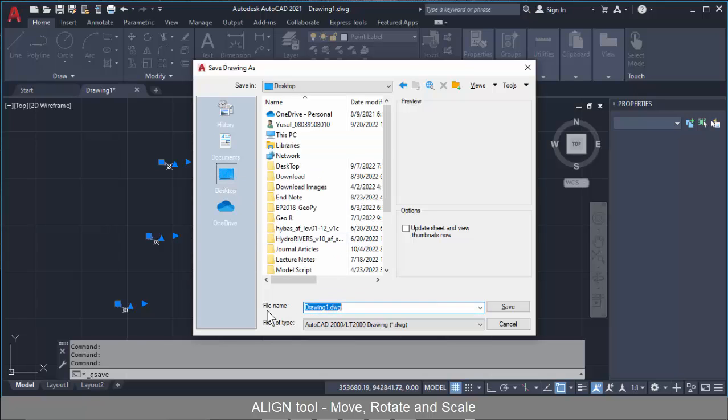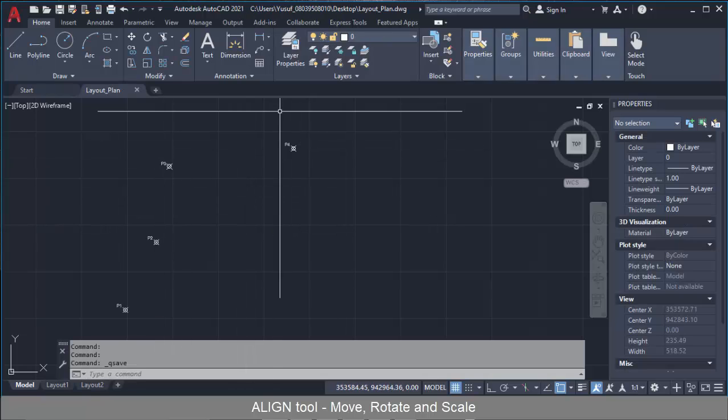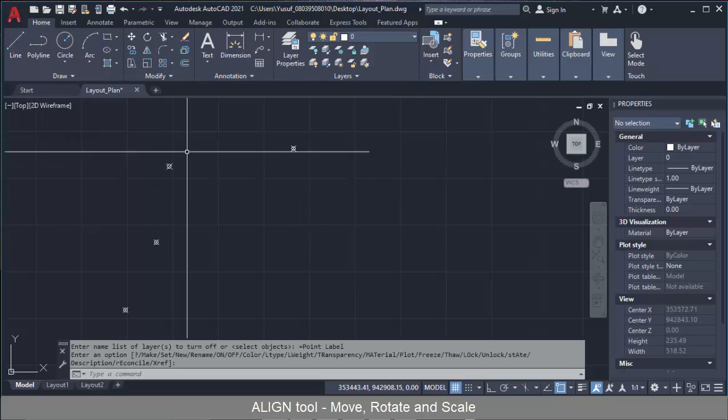So let me save my drawing. So here I'll just give it a name like layout plan. So I'll just save it on the desktop and then click on save. So with my drawing set and with my point label change,